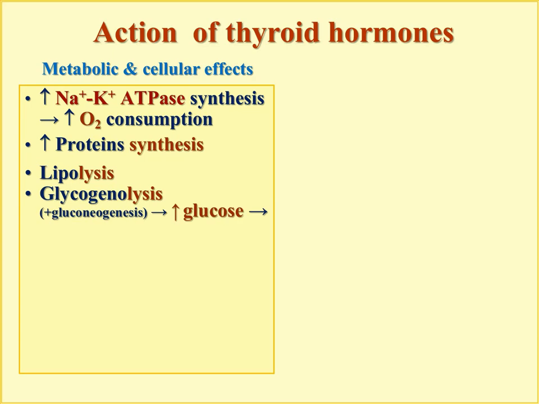And this effect mostly is achieved by glycogenolysis, but a little bit thyroid hormones activate the process of new glucose formation, which is gluconeogenesis, formation from non-carbohydrate sources such as amino acids, for example. But mostly the glucose elevation is achieved through glycogenolysis. And all these processes bring glucose to a higher level, and secondarily this glucose immediately influences the beta cells of the